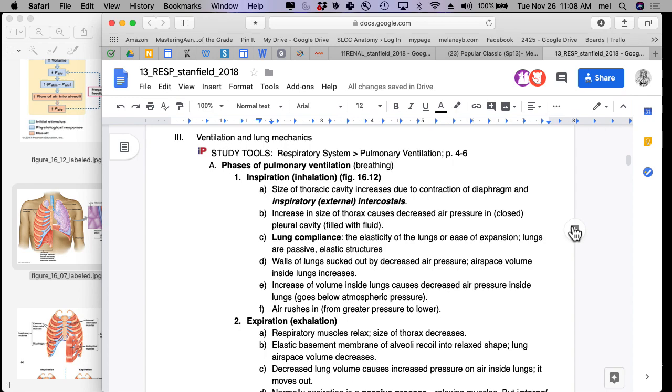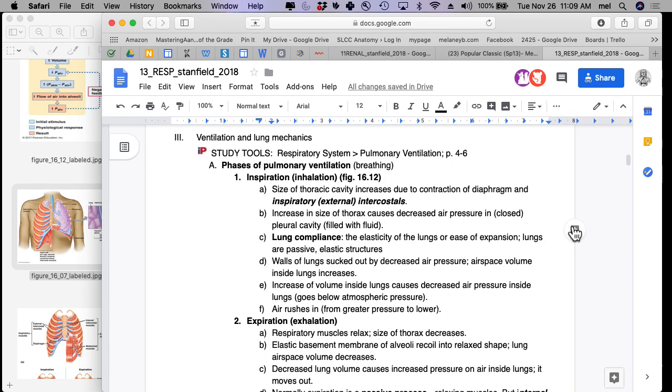As you do that, what you are going to do is change the size of a container that contains gases, yes? And volume and size, right? And pressure. Volume and pressure are inversely correlated. So as I increase the volume of the container, I decrease the pressure in the container. So what I'm going to do is I'm going to move the diaphragm down, and then the external intercostals are